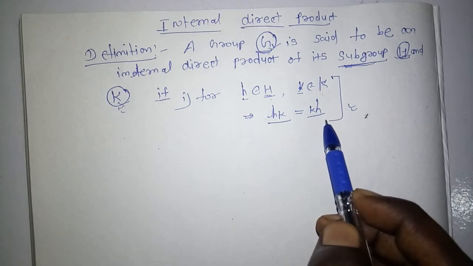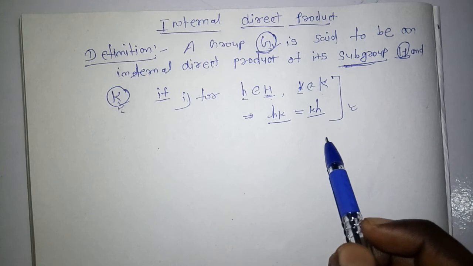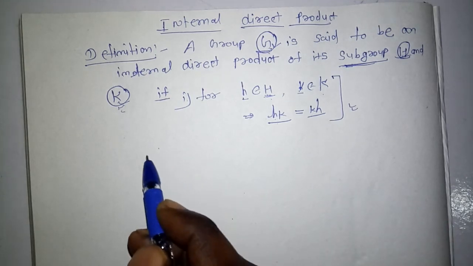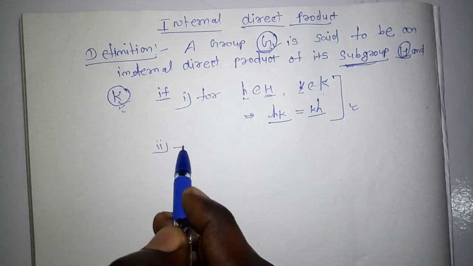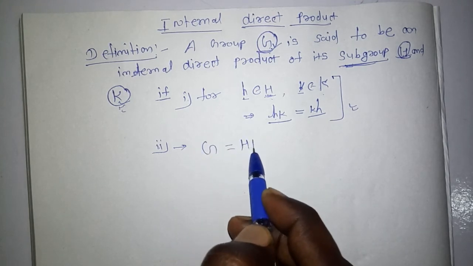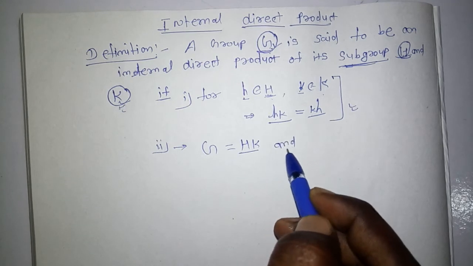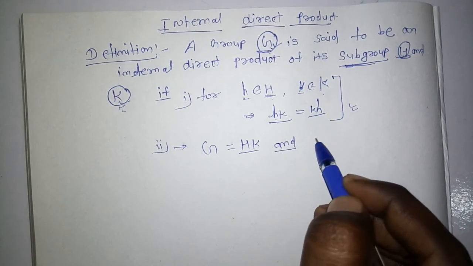This is a rule, and now it is applied here. And the second one is G is equal to HK. Okay students, G is equal to HK, and also we can write here every